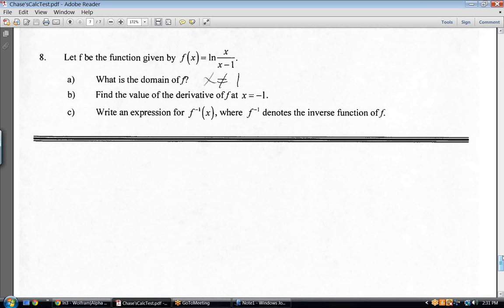This one. Oh, what? I thought I finished all that. No, this one, C, is an interesting problem. But first of all, let's look at A. What is the domain of F? Well,